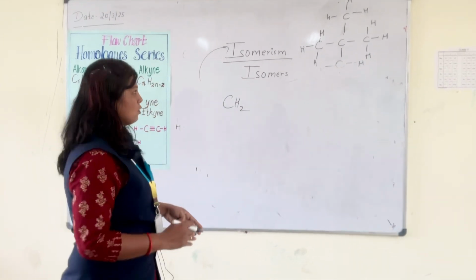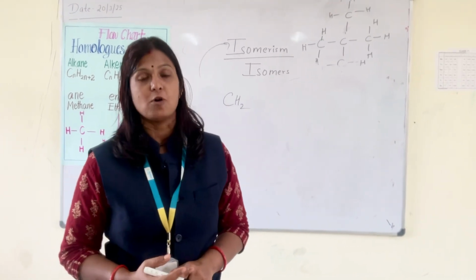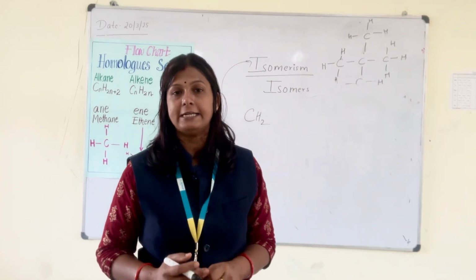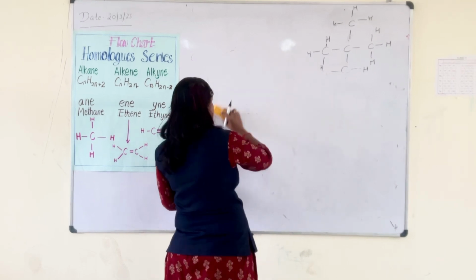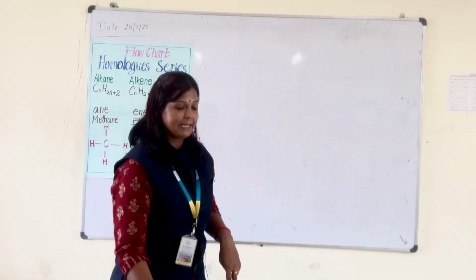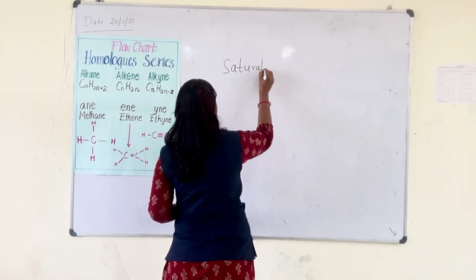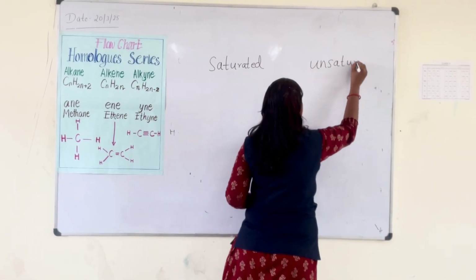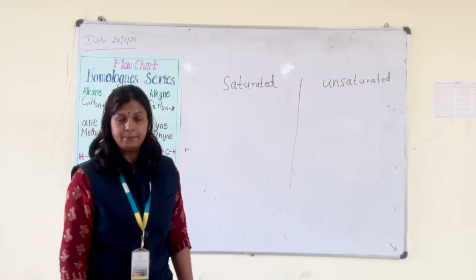Now, is isomerism possible for single bond, double bond and triple bond? Yes, it is possible. Single bond is alkane, double bond is alkene and triple bond is alkyne. Now in which way is it possible? Again for single, double and triple bond we have 2 new things, that is saturated and unsaturated compounds. What do you mean by saturated and unsaturated?